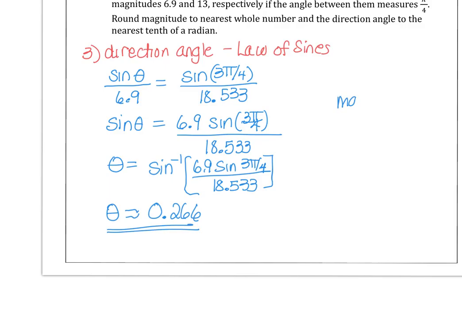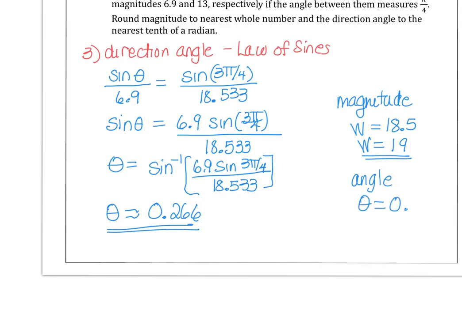So our magnitude was roughly 18.5. Round the magnitude to the nearest whole number, so 18.5 magnitude would be 19. And the radian measure, the direction angle, is 0.26, and we want to round it to the nearest tenth of a radian. So the nearest tenth of a radian would be